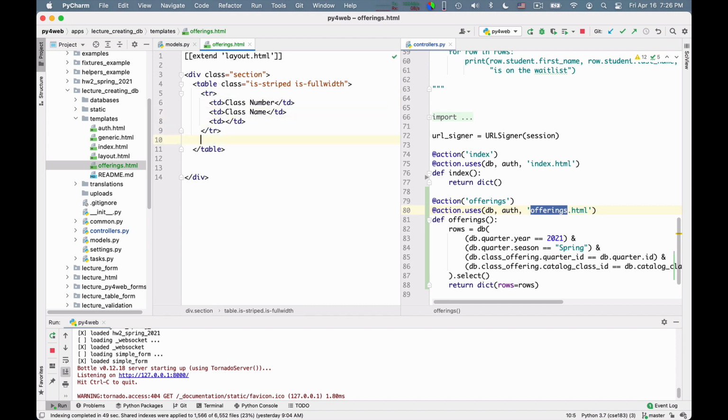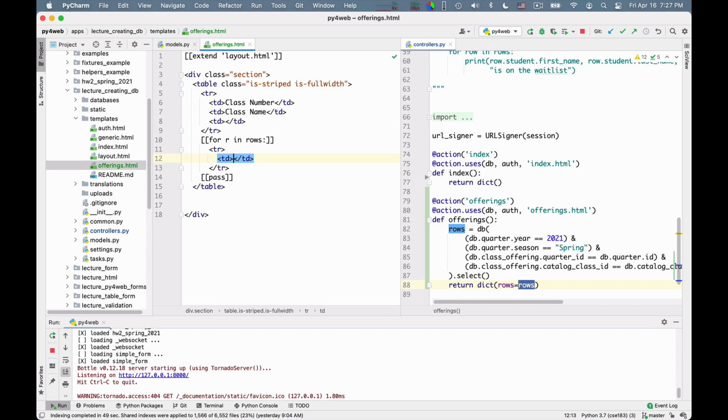Okay, and at this point I wanted to iterate over all these rows and produce one row per class offering. Okay, so I want to say for r in rows, and I immediately say pass so I don't forget. Okay, and here what do I do? Well, this is gonna be a row, so I might as well begin and end it. So there is gonna be the class number.